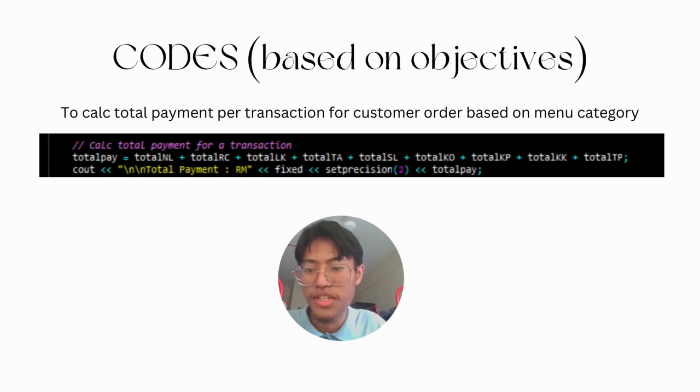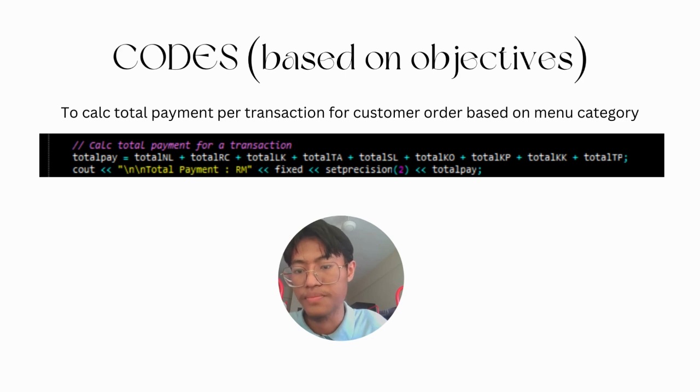I'm going to explain a little bit about our codes for this restaurant menu system. The codes for the first objective, which is to calculate total payment per transaction for customer order based on menu category. We will use the variable total pay to add all the total for each menu. So total NL stands for total nasi lemak, total RC stands for total roti canai, total LK stands for total